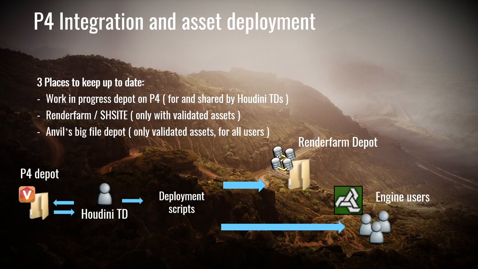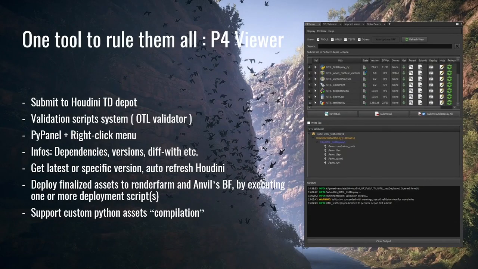So we have to manage a lot of data, but a lot of assets. When we submit an OTL, it has to go to 3 different places, and it's very important to have the OTL in the big file available for the artists who are going to use the tool. The OTL is going to the Perforce depot, because that's safe. And it's also going to the render farm site, which is where all the OTLs that are going to be used by the render farm belong. To be sure that there's no mistake, because dropping your asset in 3 different places is not going to go well if you don't add any safety.